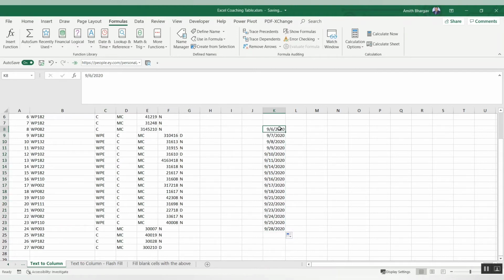What happens is after 6, 7, 8, 9, 10, 11, it then continues with 14. 12 and 13 are not there because those are Saturday and Sunday. Same way, if you see, after 18 we have 21. Please use such options.